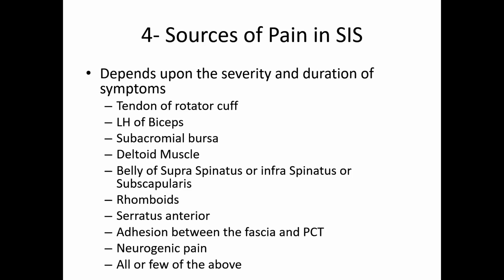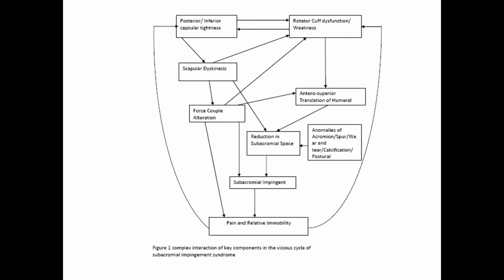Adhesion between the fascia and the PCT and the neurogenic pain and all of the above भी हो सकते हैं। So this is actually the complex interaction between the different events और जैसे हमने कहा कि ये एक vicious cycle है कि again if A is causing the B and B is causing the A and A is causing again the B, so इस तरह ये cycle जो है ये चलता रहता है। मिसाल के तौर पर if we have